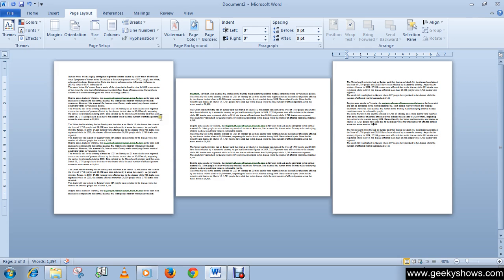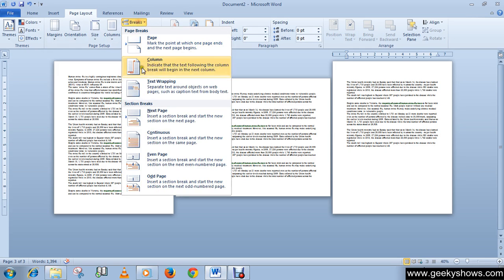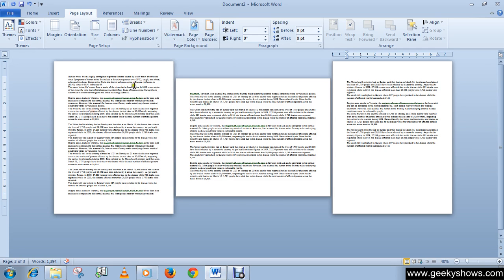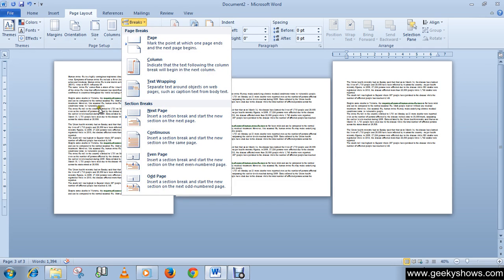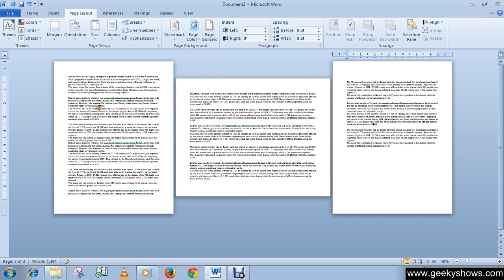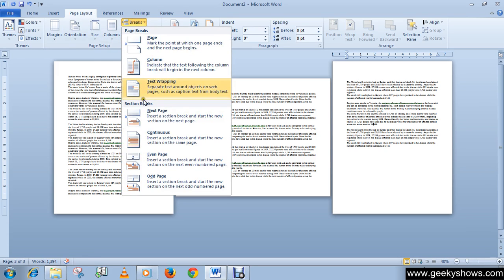So this is how we can use Next Page, which comes under section break, why we should use it, and in which case we should use it. Let me tell you first about section breaks.